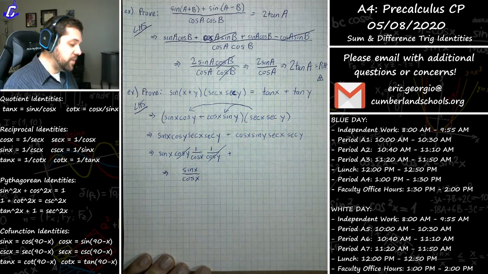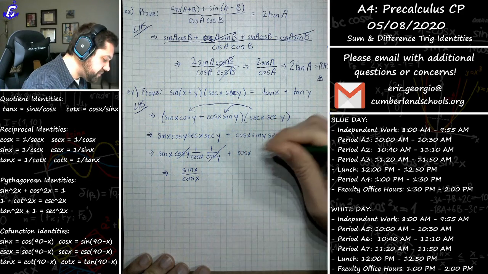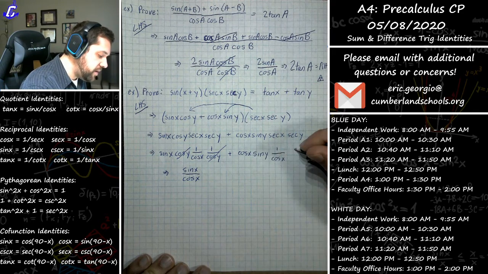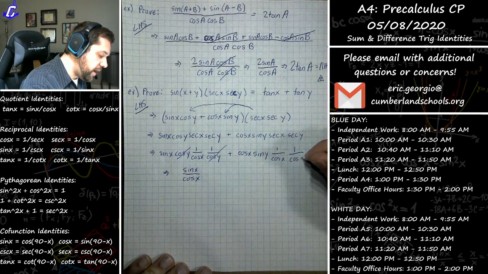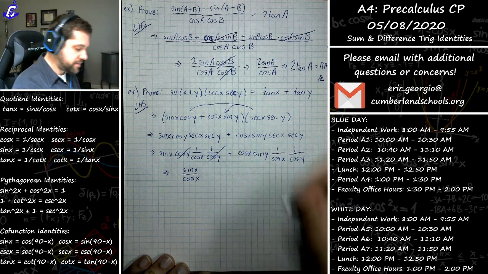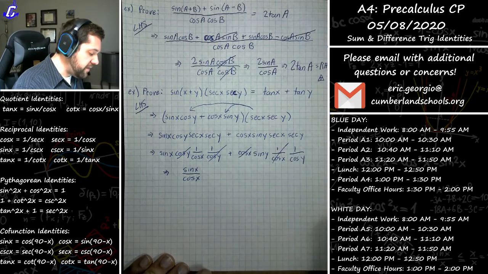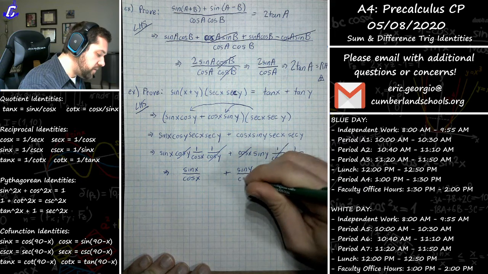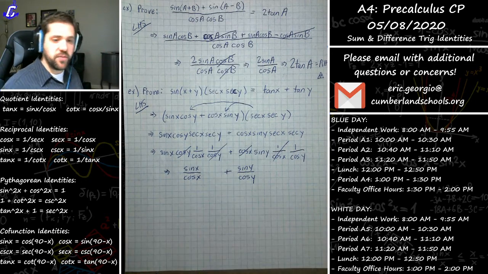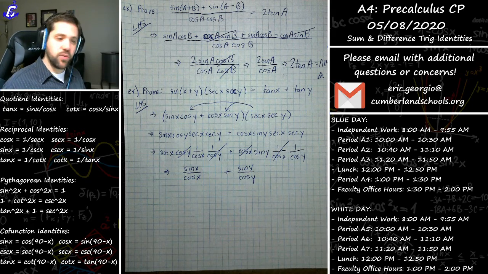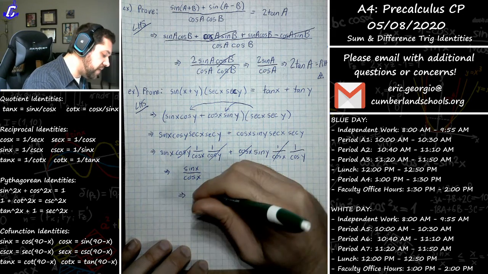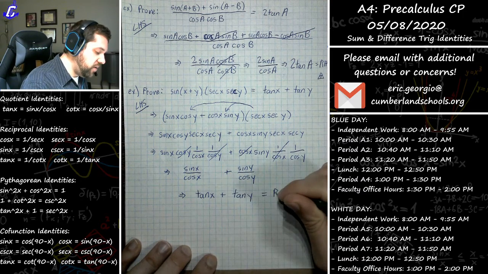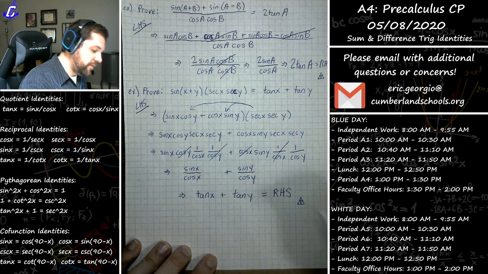Over here in our second term, we have cosine of x times the sine of y times 1 over cosine of x, again by the reciprocal identity, and 1 over the cosine of y. That's the secant of x, secant of y. Cosine of x, 1 over cosine of x is going to go away. We now have plus the sine of y over the cosine of y. And then the same expression here both times. How do we rewrite that? That's just a quotient identity. Sine over cosine, just like in the previous problem, is the tangent of x plus the tangent of y, which is the right-hand side goal that we were aiming for. And so our proof is therefore complete.